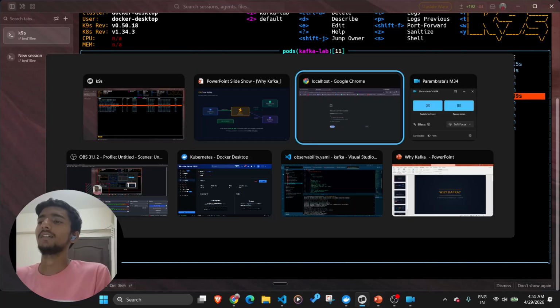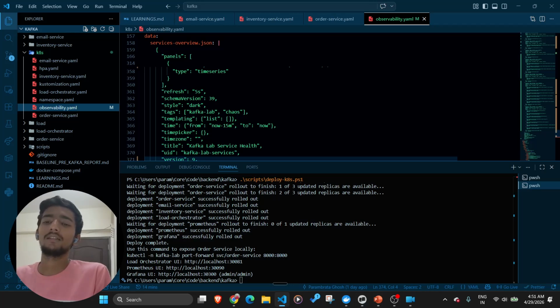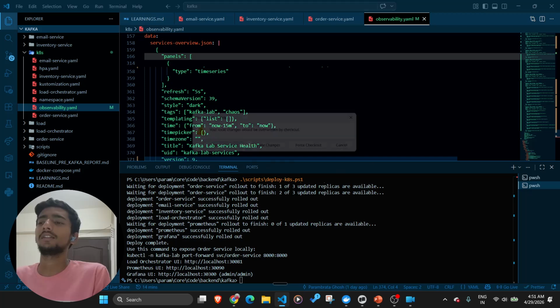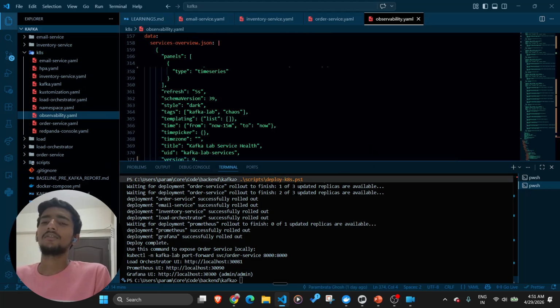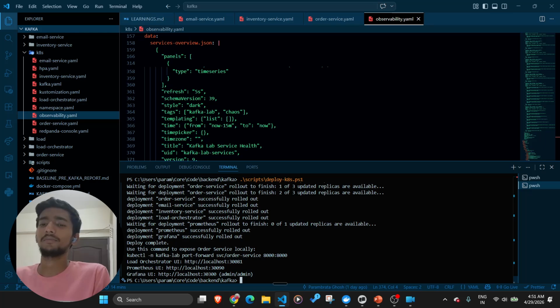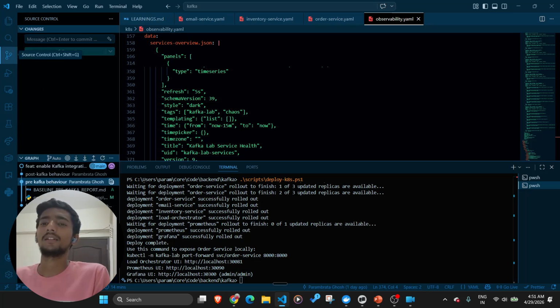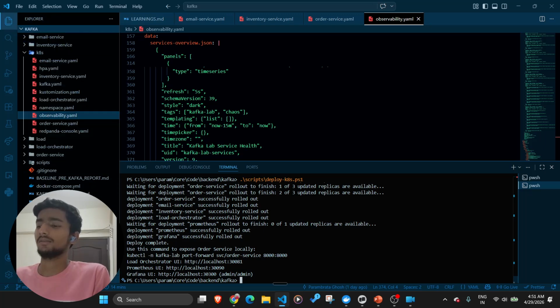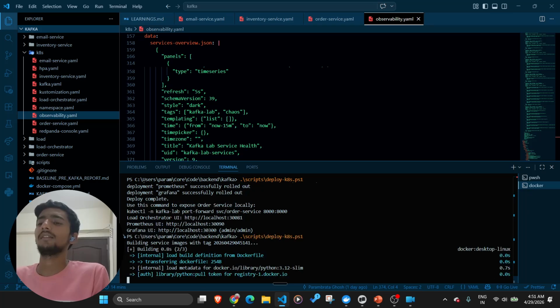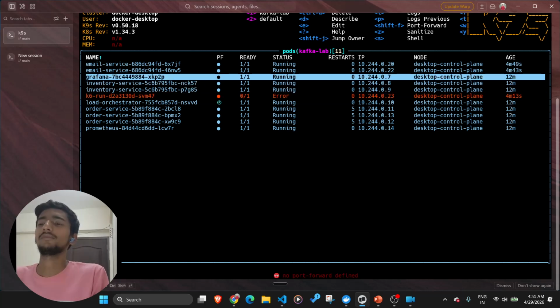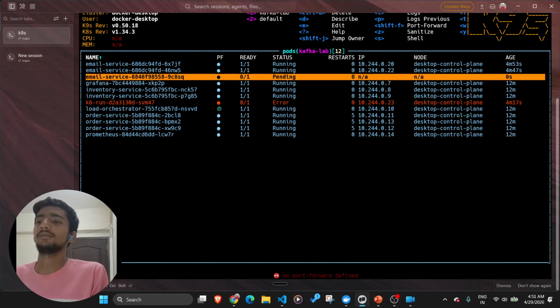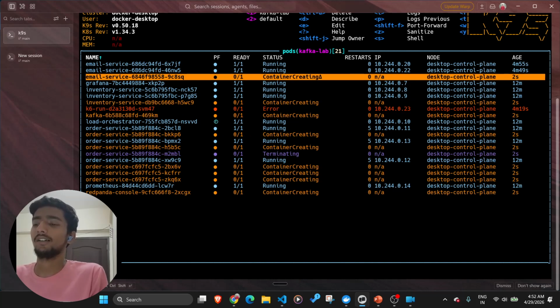So let's go to the code base. In the code base, let's go to the latest branch, the post Kafka branch. We are in post Kafka right now. So let's deploy the updated code base where Kafka is enabled. And we have Grafana too. Okay, it has no port forward defined.